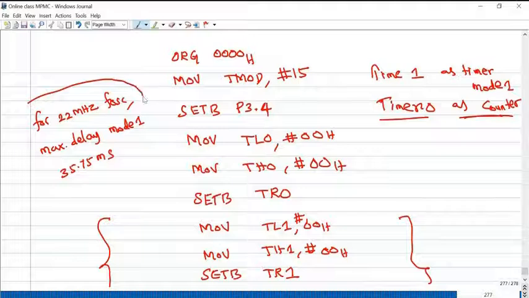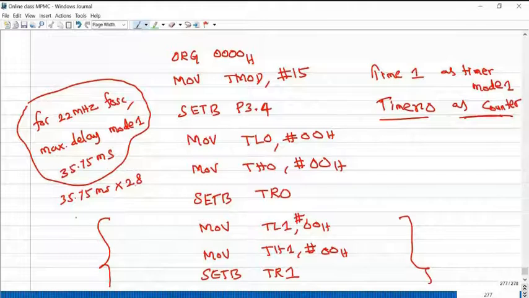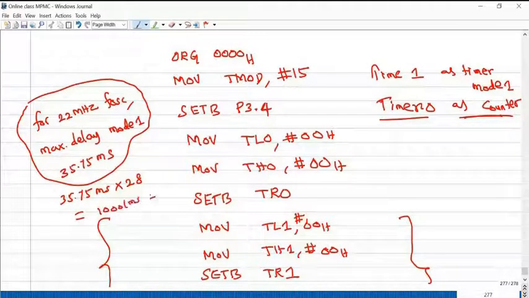So in this example, we are writing for 1 second, how many clock pulses are received. So approximately 35.75 milliseconds multiplied by 28 times, you will get 1001 milliseconds, or approximately 1 second.